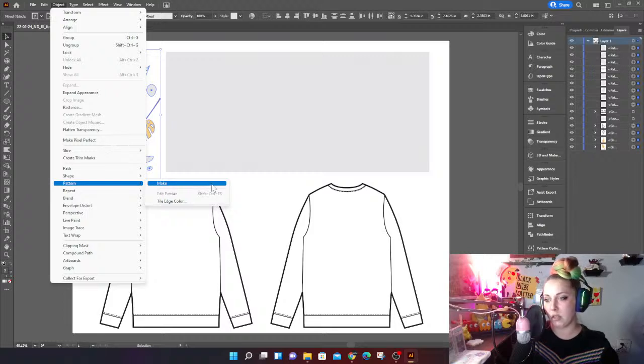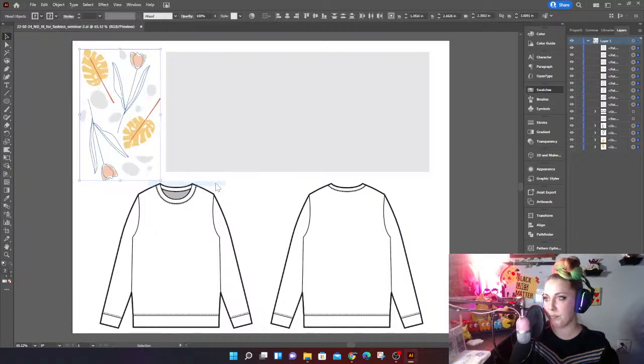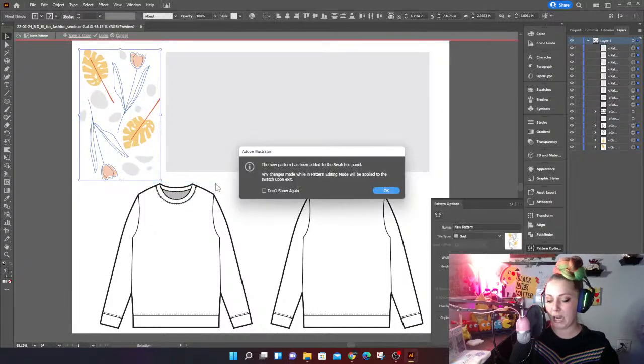You will notice that there is no shortcut for this. So it is the way that it is. I believe you can also do this perhaps through the pattern options panel. I've personally never experimented with that. So I always go here. Object, pattern, make. I'm going to make it, and a dialog box is going to pop up telling me,